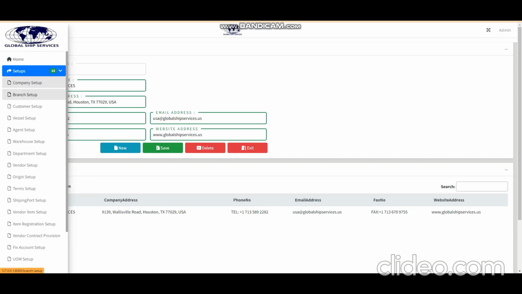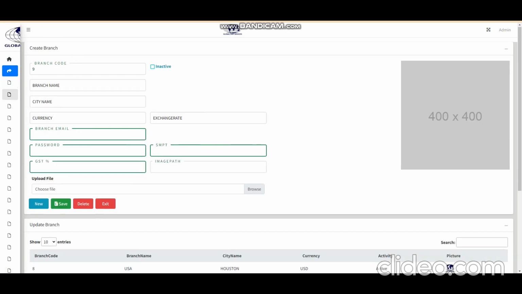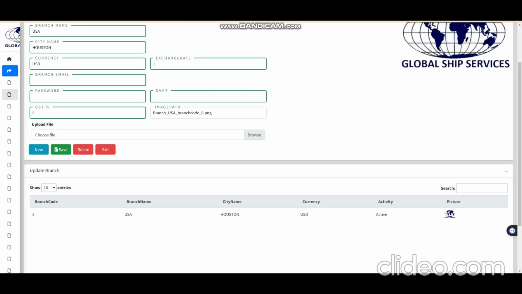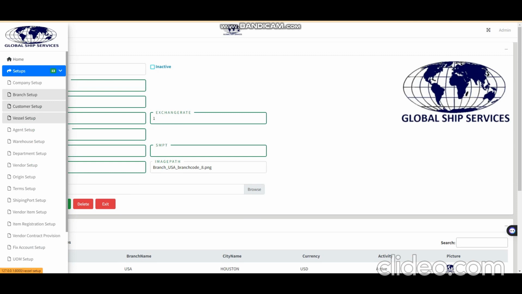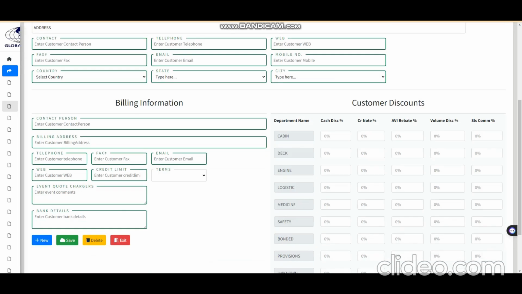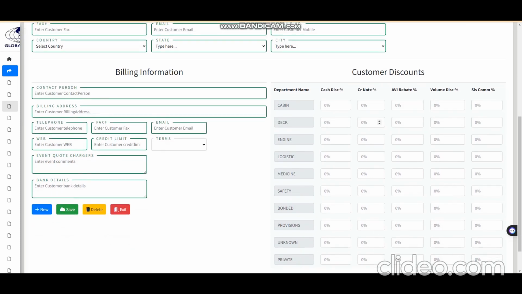And in company you can add multiple branches like this. I have already created our USA branch on the company, where you can edit an existing one also. And then you can create customers. This is a customer setup where your customer details are name, types and category, general information, billing information or end customer discount, where you can